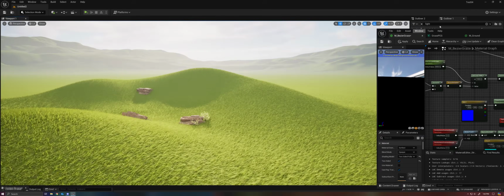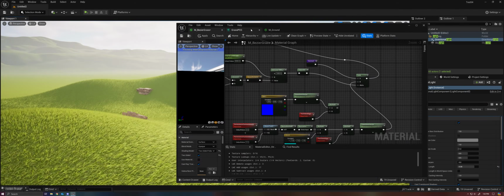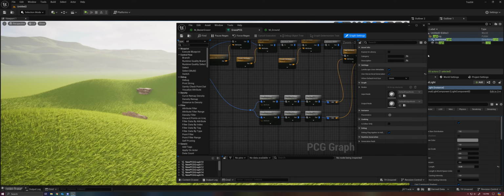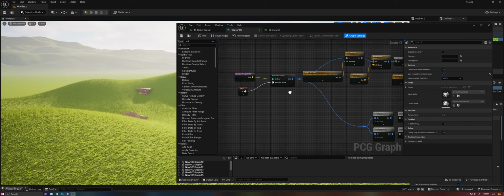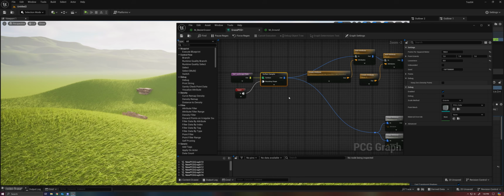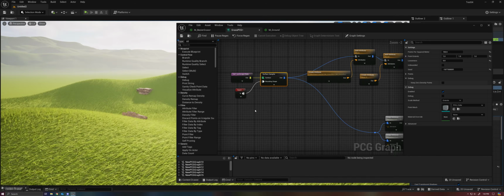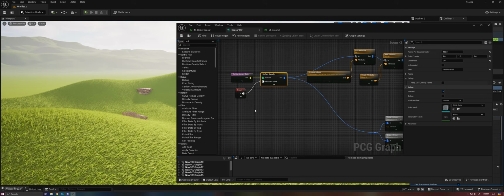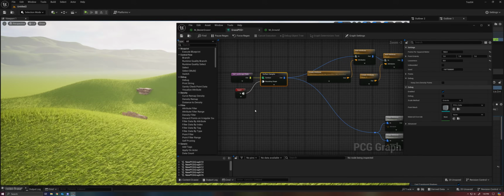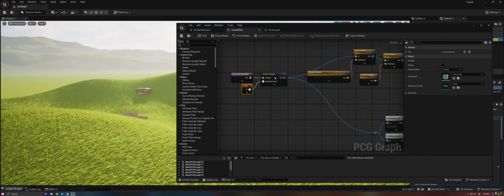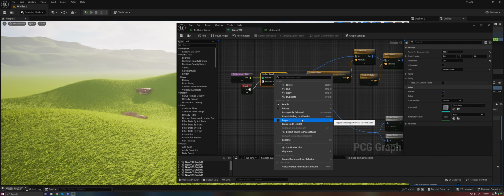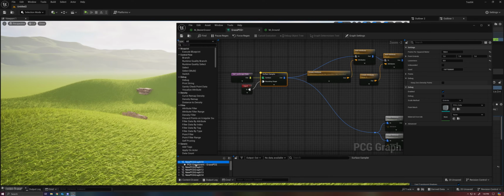So the way that this is done, as I mentioned, is using PCG. So let's hop over to PCG and look at what we're doing here. So in PCG, I'm taking the surface sampler, which, if we think about our surface sampler, what that's doing is it's creating a point that is aligned to the normal of our landscape, right? So inside here, if we inspect this and we look at